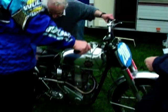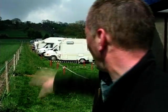So many people have been lobbing it that Alec is only just now having his first practice run right at the end of the session, because everybody's been bringing their bikes for running repairs, including me. What we can do though is during the lunch break, there's an auto jump up there, so we're going to go up there and have a rummage around, and I am convinced that I will be back